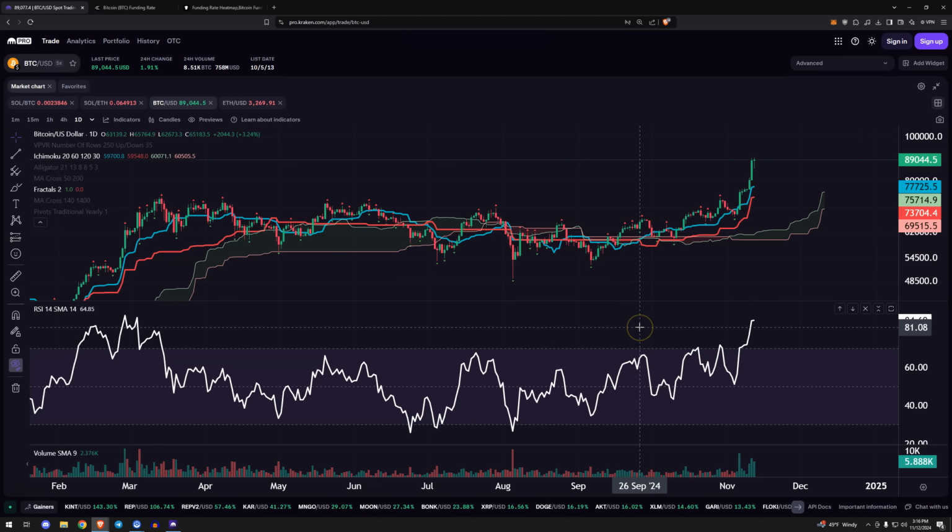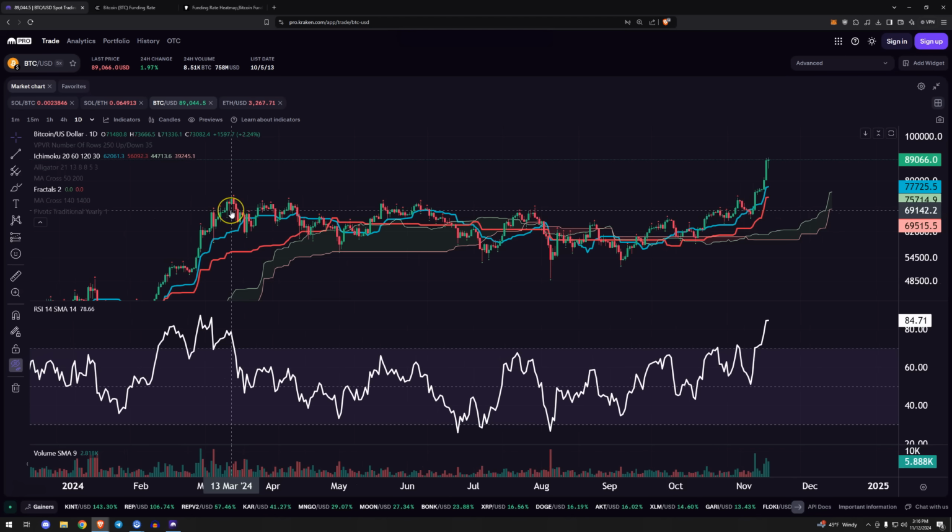I don't like using MACD so much as RSI, but RSI is another thing you can watch for bearish divergences. In March, what did we see? We saw a higher high here and lower RSI. It's subtle. It's always, most of the time, subtle. It doesn't have to be knocking you over the head. But so far, we haven't even made a higher high with lower RSI. We haven't even made the div yet.